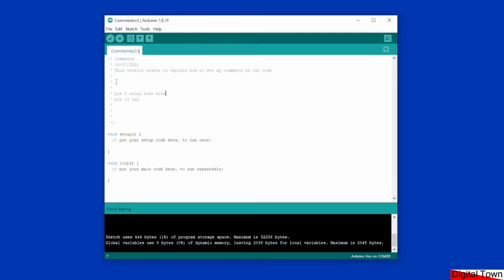So use the header to explain to yourself what the project is about, when you wrote it, what the purpose of this version is, and start to list what your pins are doing. It might seem a lot of work at the beginning, but trust me, when you start to get to bigger projects, you will really start to value what you are doing. And then as you write your lines of code,